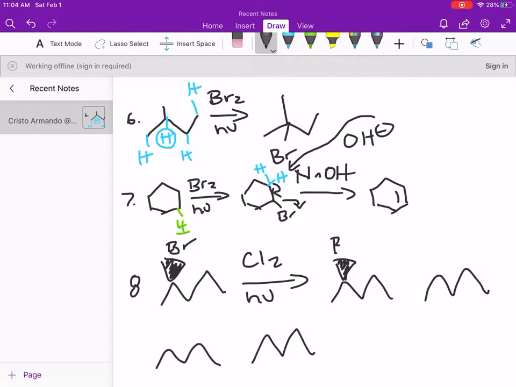The bromine right here, the chlorine right here, plus its enantiomer, and then the bromine right here with the chlorine right here, plus its enantiomer. So right there we have 4 products,